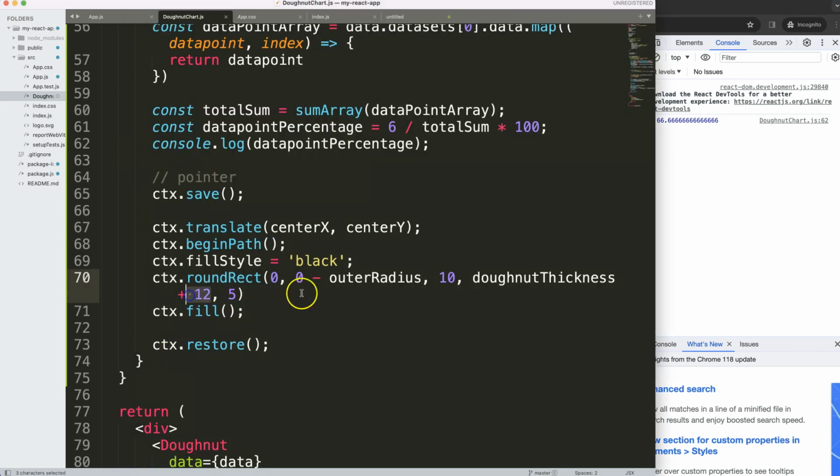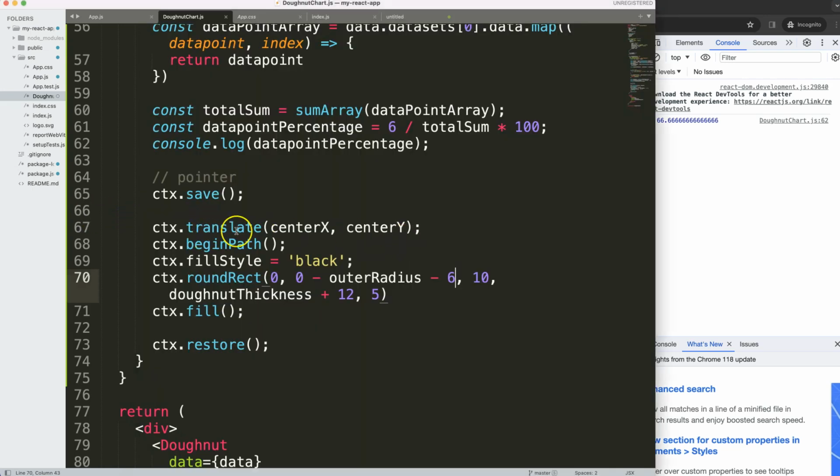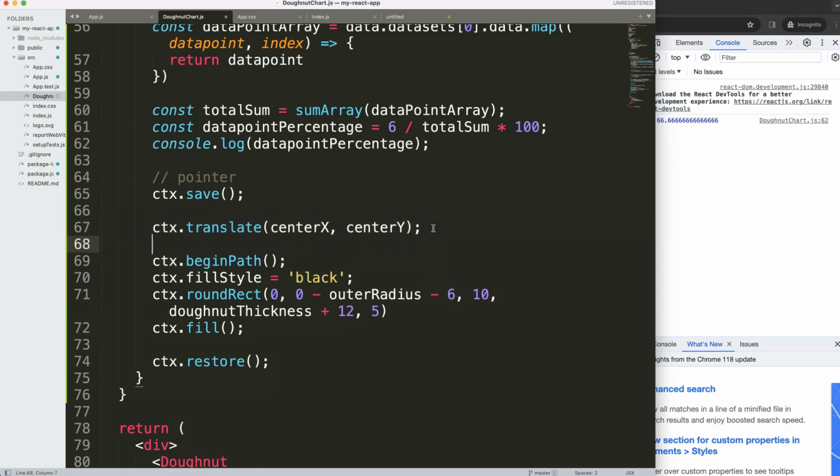If this is 12, the half of it here should be minus 6, so it will be 6 pixels up. There we are, 6 pixels up, 6 pixels down. Perfect. So now we have this here, but what about the rotation? Because right now it's just in the center, it doesn't have any rotation. That's why we have to translate. Translate, change the coordinates, and now we can play around with